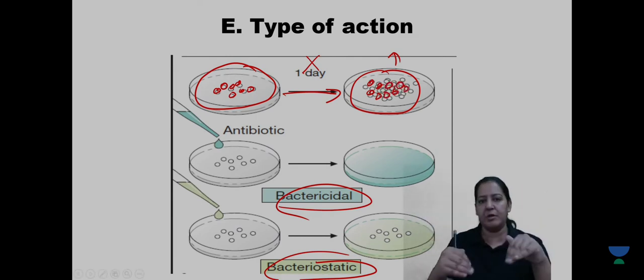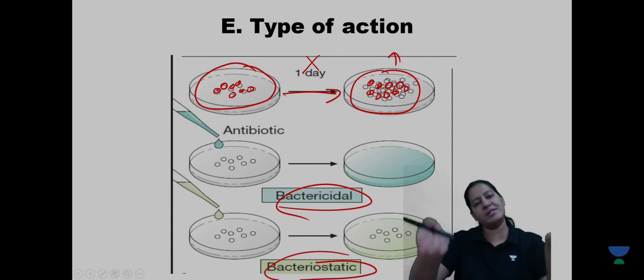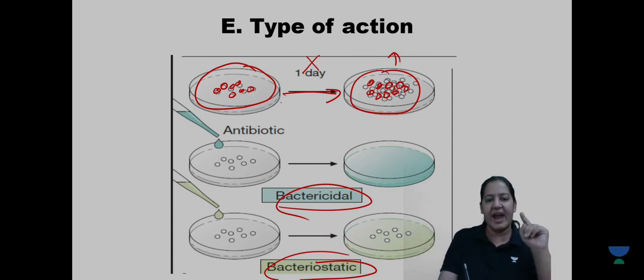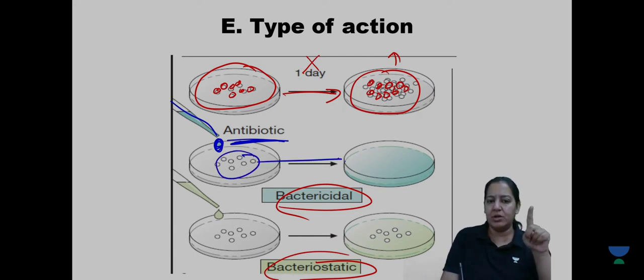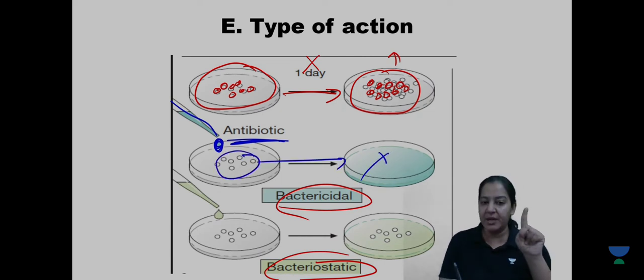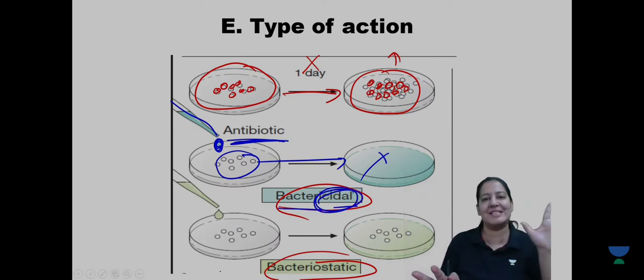The same can happen inside the human body also. This is in vitro, the same is happening in vivo. So we are giving antibiotics to the patient. That's why we are giving antibiotics. Antibiotics are of two types. Can you see here I'm putting the antibiotic on this growth plate. If there is an antibiotic that kills all the bacteria, so none of the bacteria is present, such an antibiotic is bactericidal. The word cidal means killing. It is killing all the existing bacteria.